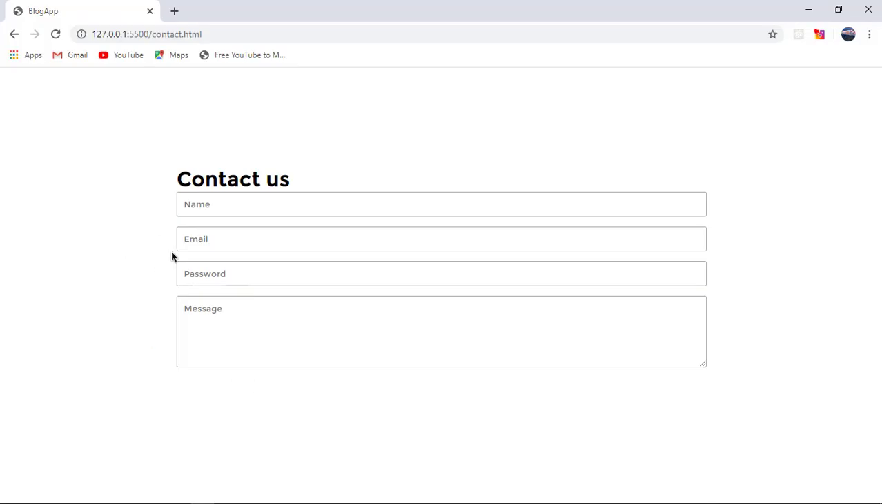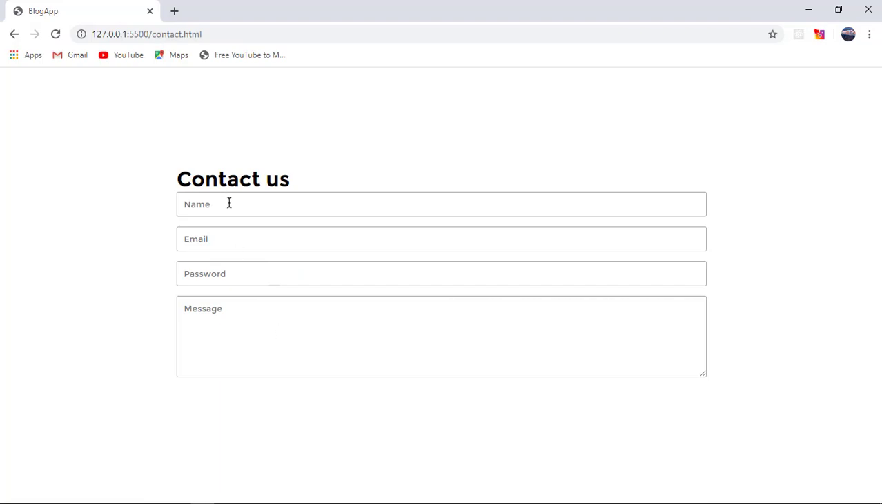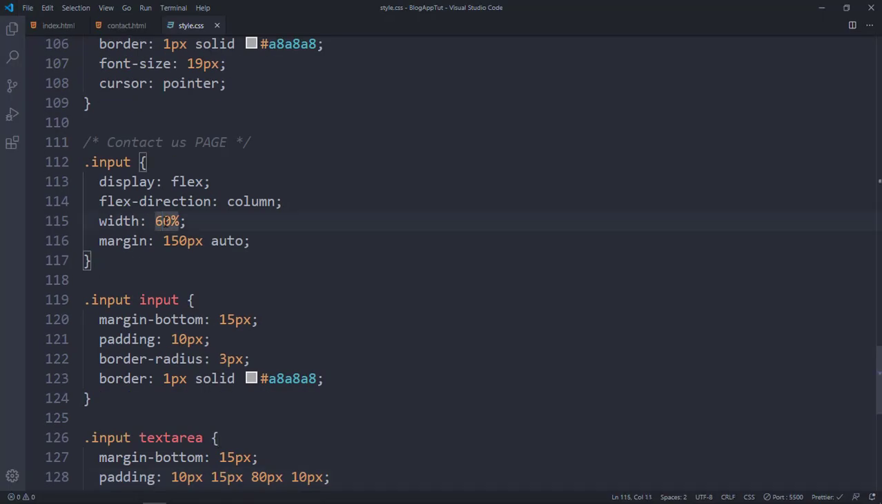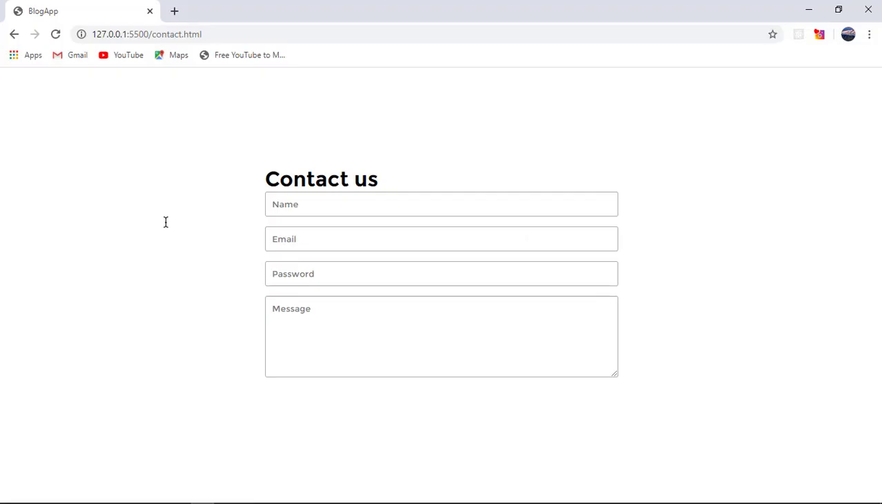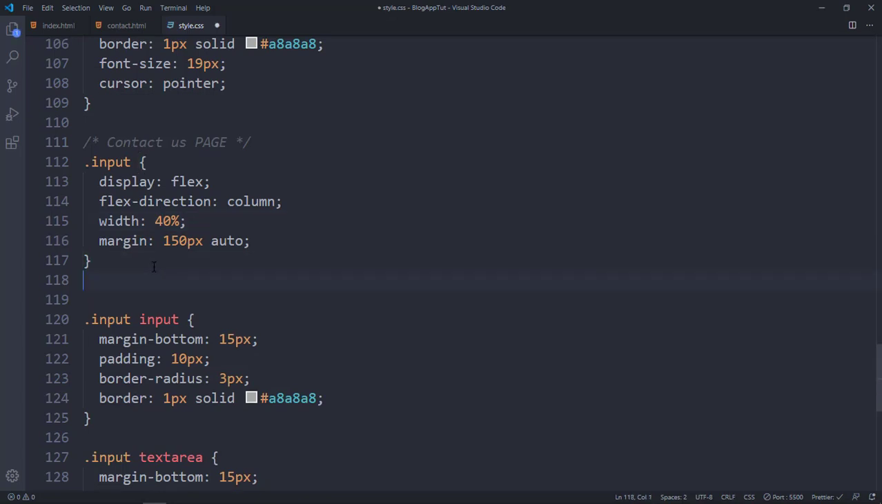Also it's not going to be the same thing. We want to space it out a little bit as well. So I'll say around 80 pixels will do the job. Also want to decrease the width because it does not look like the contact us form. Also for the